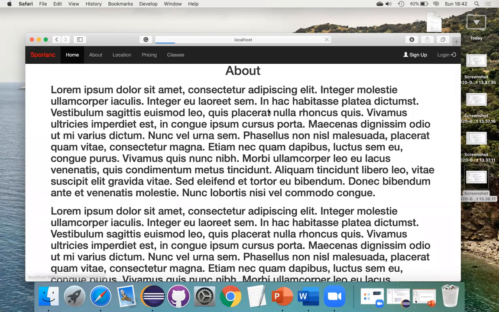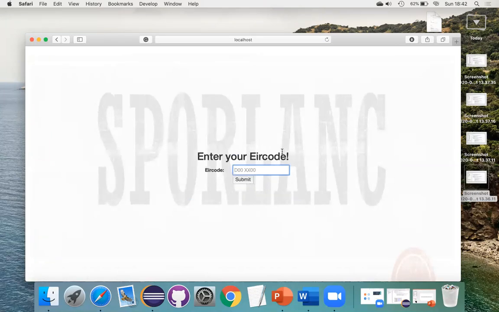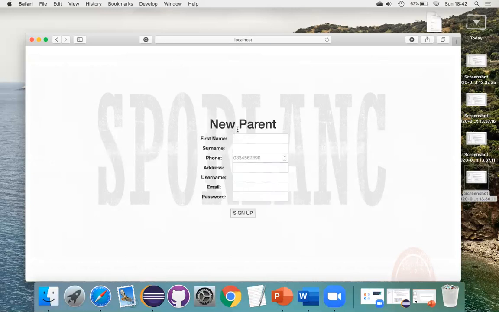And finally, quickly, let's sign up. Enter her Eircode. You can see here, there are lists. Let's take this one because it's already in the system, submit. Then new person, so name, my name, Yuri Andrade, phone number, address, Dublin, username, it's going to be Yuri.